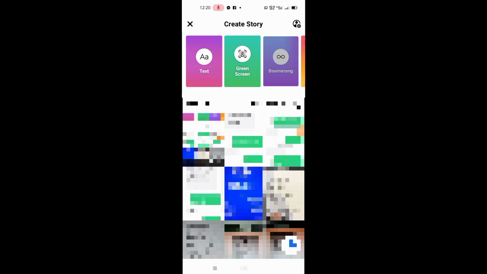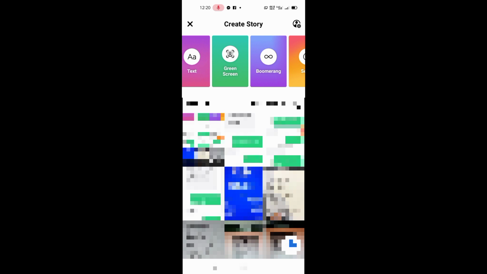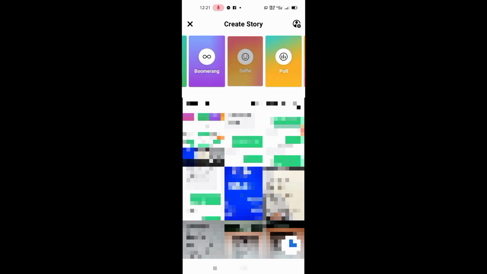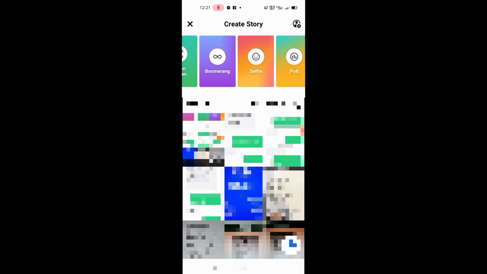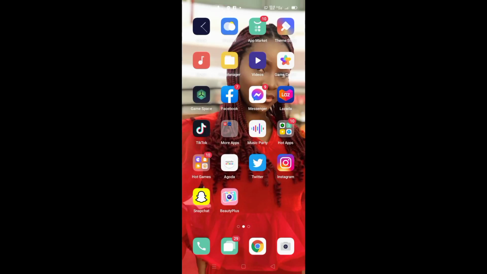So apparently, guys, I reside in the Philippines, and in the Philippines, the music feature is not supported or allowed or available. As you can see here, there's nothing like a music feature here. So what you do is I'll go back, I'll go to settings,